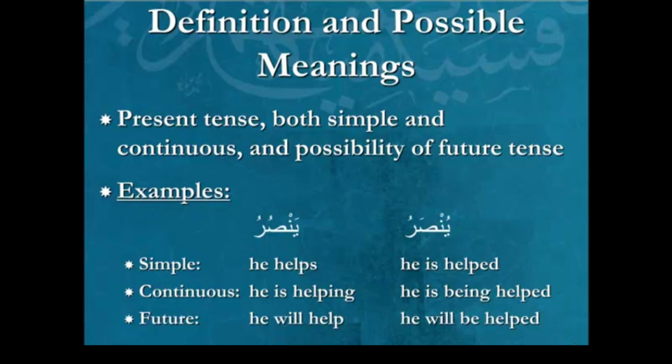And for the passive, the three translations would be: he is helped, meaning that someone else helps him. He is being helped, and finally, he will be helped. Okay, so you could do hitting, you could do eating or drinking, whatever action. He eats, he is eating, he will eat. Okay, that doesn't lend itself too much to passive. So, for example, with hitting, it would be: he is hit, he is being hit, he will be hit. Okay, so those are the meanings associated with the verb.